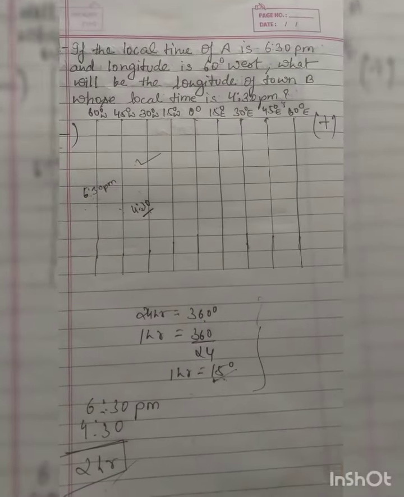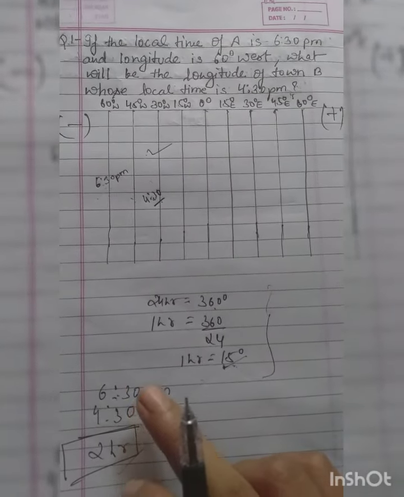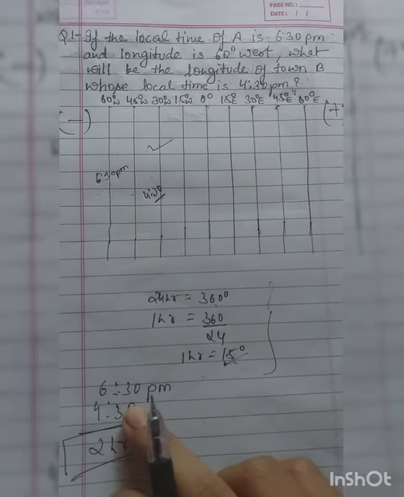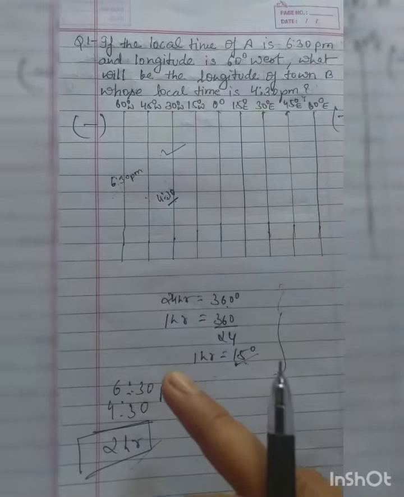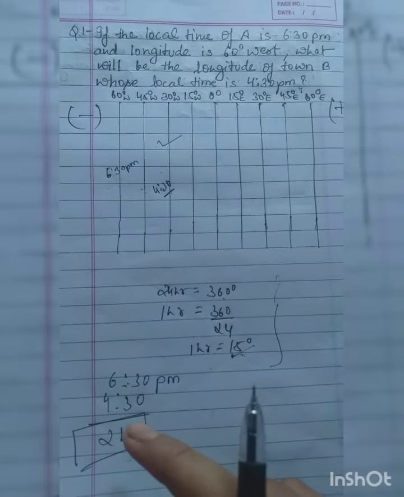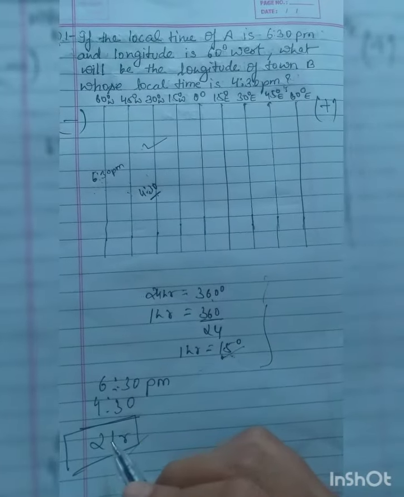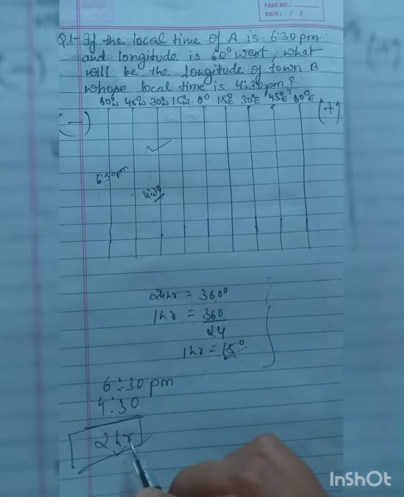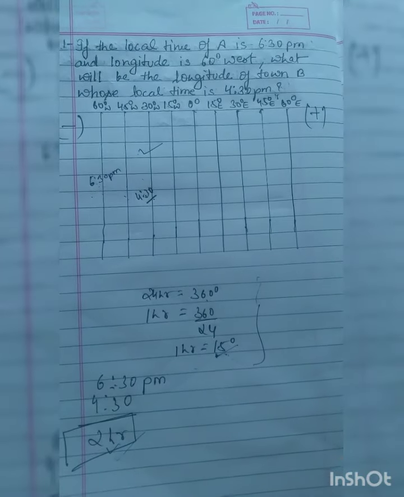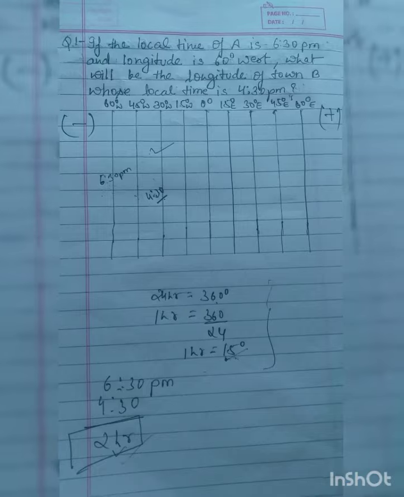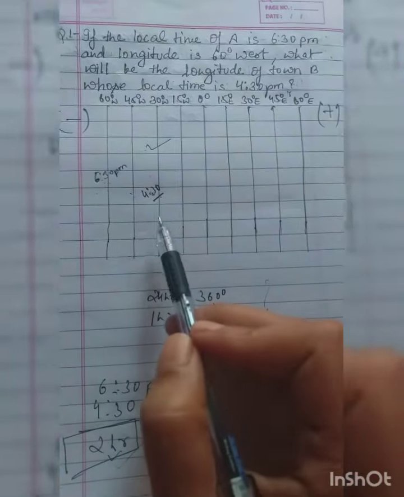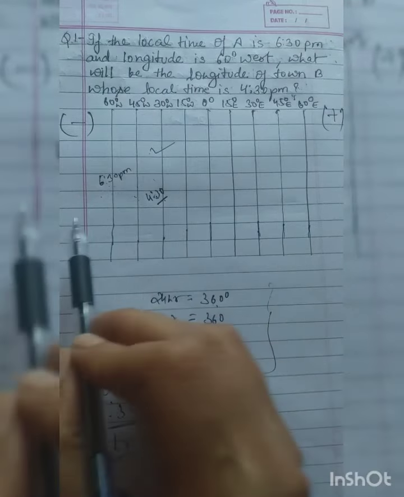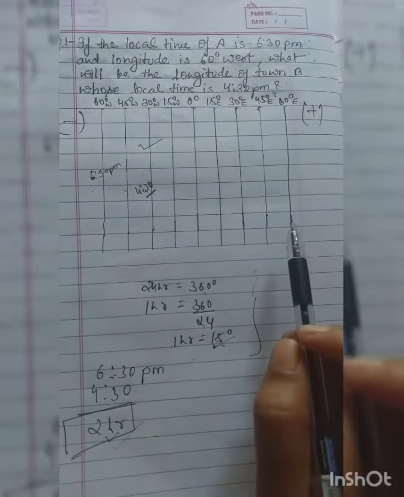And one more way is, you can subtract both the times, the same thing I'm saying, that you just have to find the difference between the two times. You just have to make a clue that if it is 6:30 and the time is decreasing, that means it will go to this side, the east side.